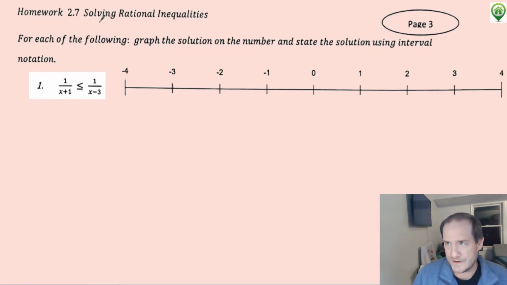So what we're doing now is solving rational inequalities. You've got a rational expression, another rational expression. The big deal here is it's really hard to figure out when one rational expression is less than another. They're both variables. They both could equal whatever at any time. So the best way to go about this is to bring these two rational expressions together, get one side equal to 0, so that you just have a single rational expression less than or equal to 0. And then you just run a sign test. You check to see if that one rational expression is positive or negative, and then that gives you your solution